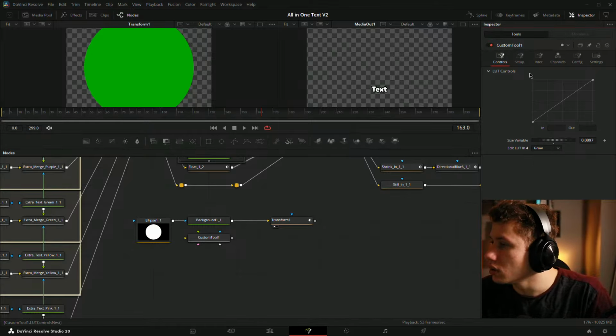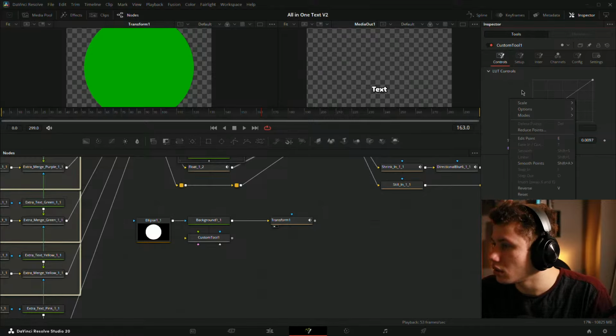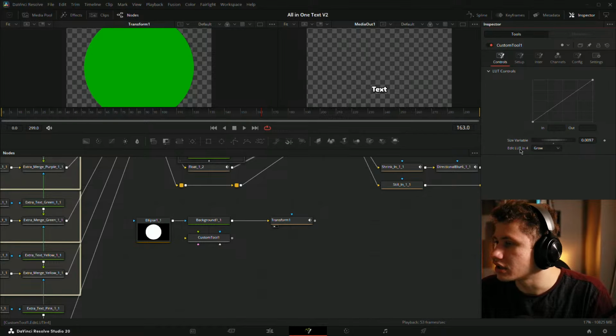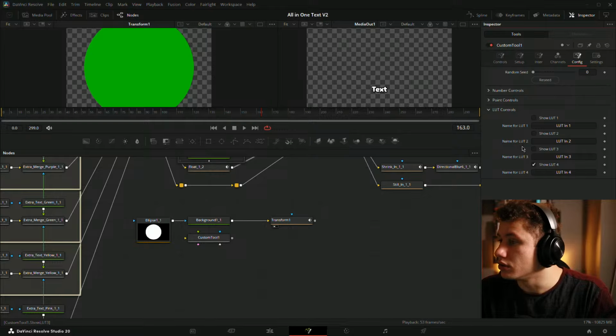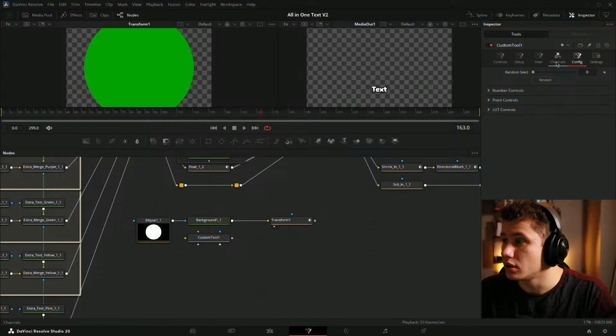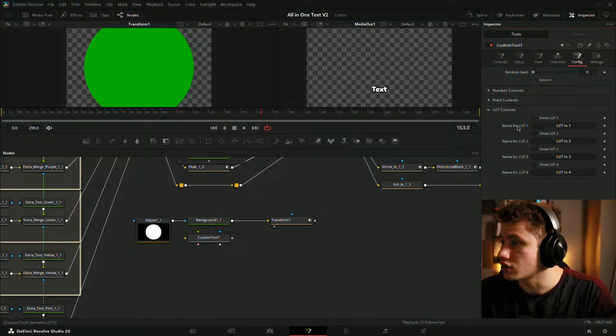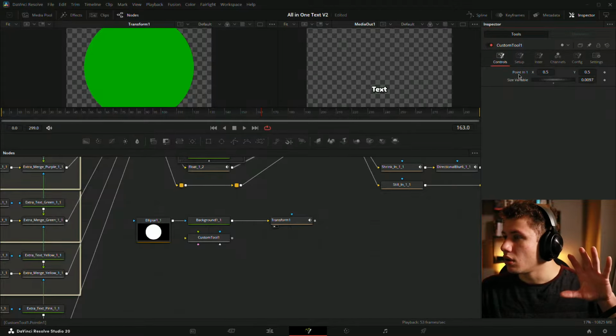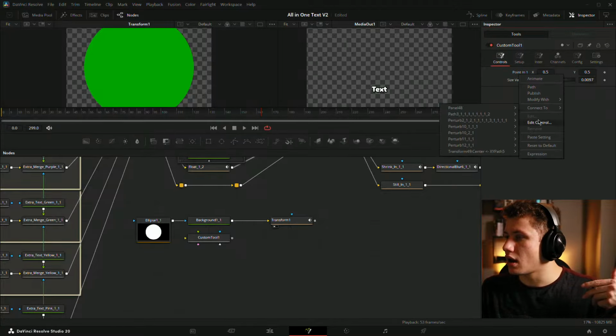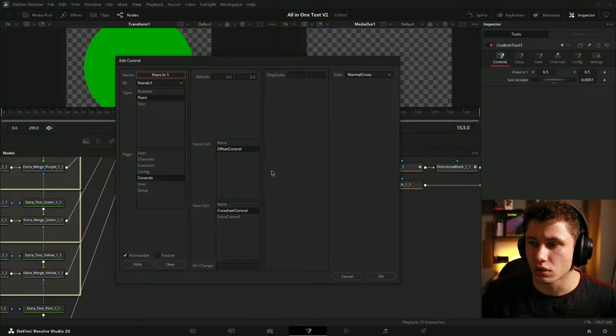Oh, that's cool. So the LUT control. Interesting. Okay, so the LUT control will keep that no matter what. So I actually do not need the LUT control, so I can get rid of that. We're going to bring up point control because we only have one property there. And now I'll change that with the edit control to,